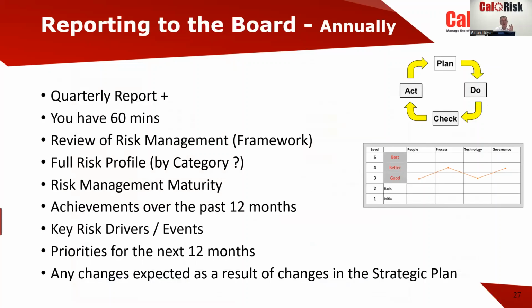And kind of finally on the reporting, annually, and this is a different one. I'm going to assume you've got an hour. The board needs to assess at least once a year the effectiveness of the risk management function. And is it working? I have in brackets here framework. Think of it as the arrangements, you know, the plan, do, check, act of management around risk. Is it working? And maybe in that annual meeting, if you're the risk officer, you show the full 97 risks